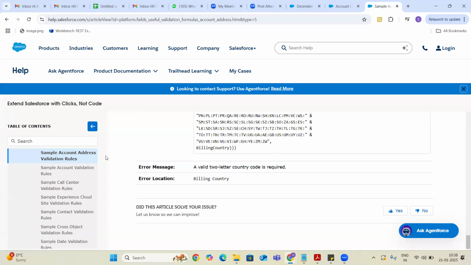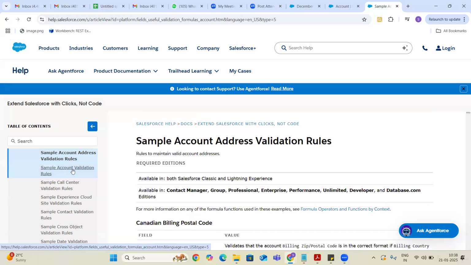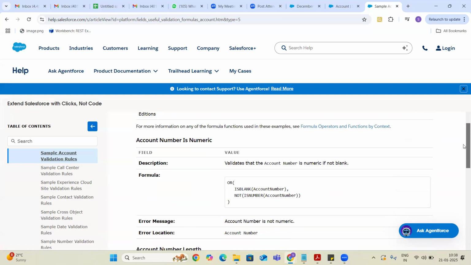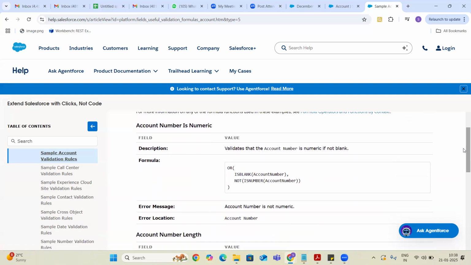Apart from that, if I go to some other type of validation rules, the sample account validation rules, these are some simple rules compared to those.